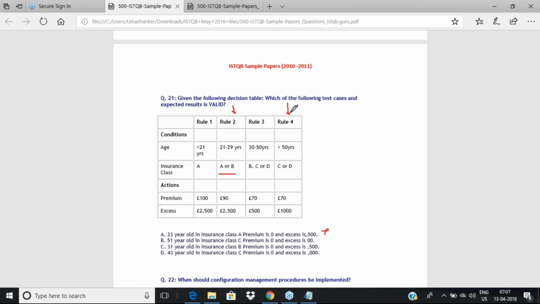Greater than 50, not even greater than or equal, so greater than 50. 51 years old, insurance class C, yes, C or D. Premium is again 0 and excess is 0, wrong. 31 years will come into the picture here. 31 years old, insurance class B, it can be B or C or D, so B is fine. But again,